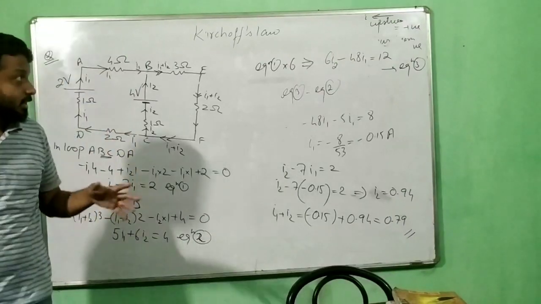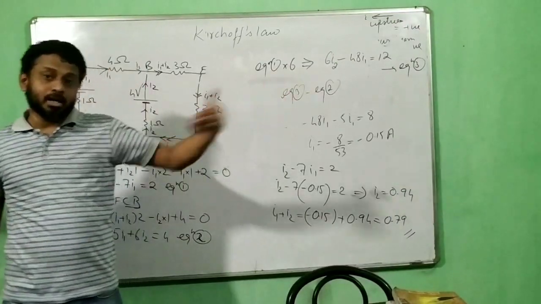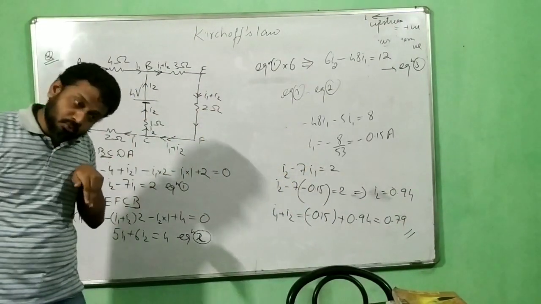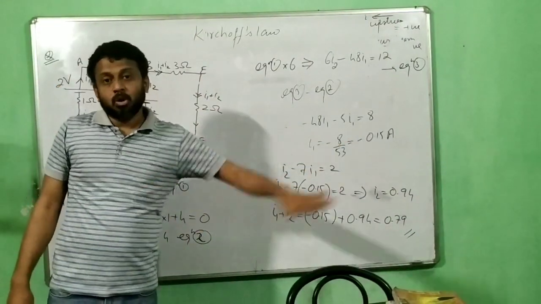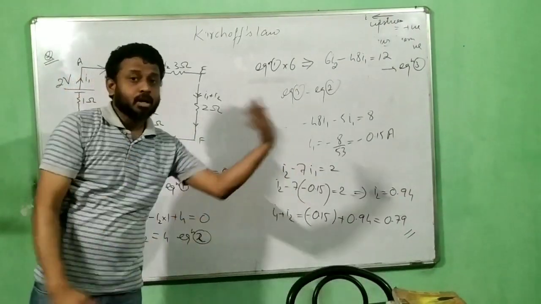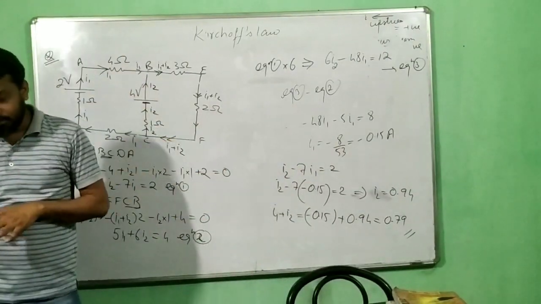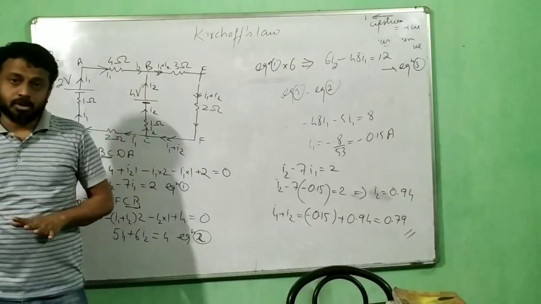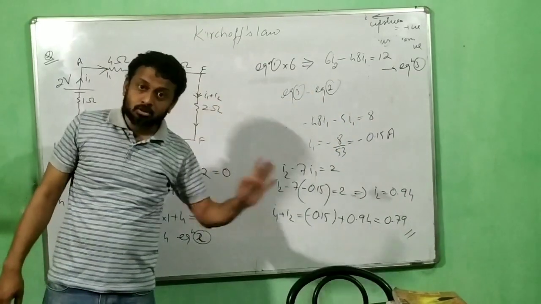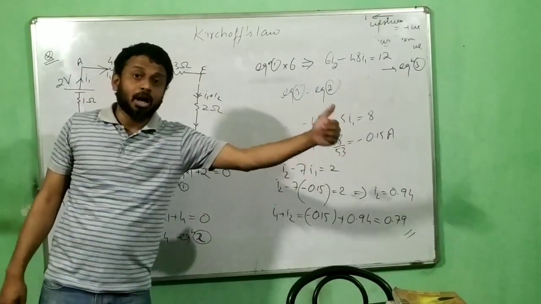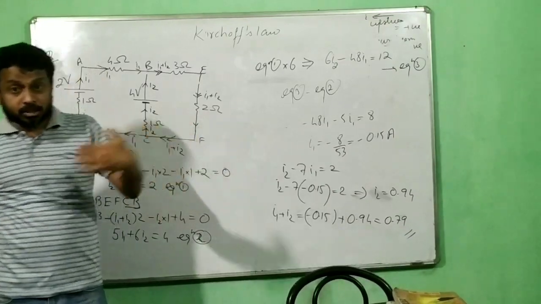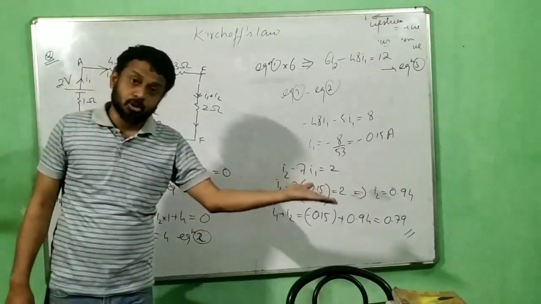The concept here is this: when you move upstream against the stream, you are doing work, positive work, and when you are moving downstream, you are not doing any work, negative work. So downstream is negative, upstream is positive. When you go in the direction of current, you are going downstream, negative. When you go against the current, you are going against the stream, so upstream, positive.